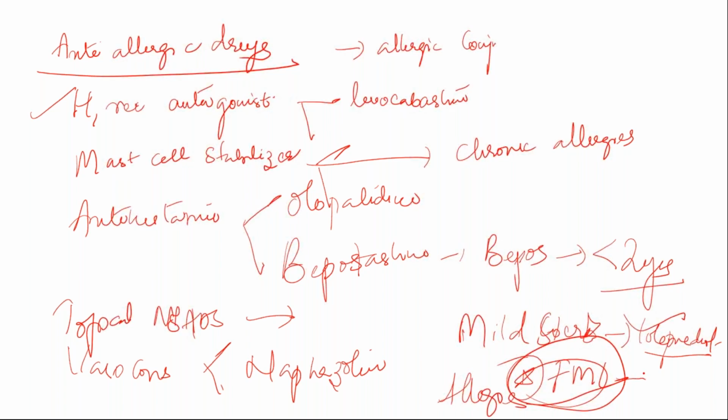These drugs can all be used in allergic conjunctivitis, or sometimes after a foreign body falls in, there will be a severe allergic reaction. Those times also we usually go with fluorometholone. Sometimes we use oral drugs also if the patient is having severe allergy, like levocetirizine or cetirizine. Or if the patient is having systemic allergic conditions also, then along with topical we go with systemic anti-allergics. If there are any cases of refractory allergic conjunctivitis, then we will also start immunomodulators. Okay, so this is all about anti-allergics.